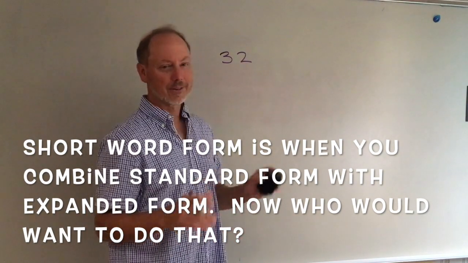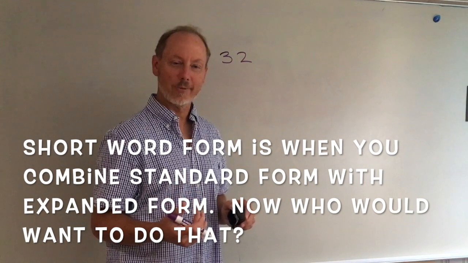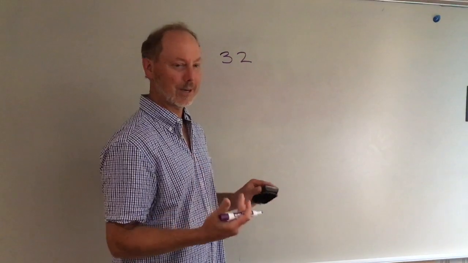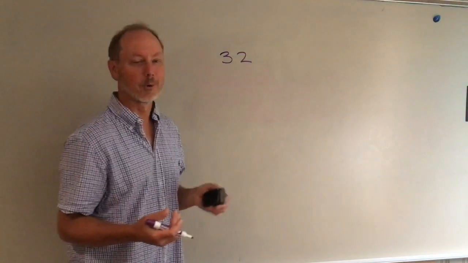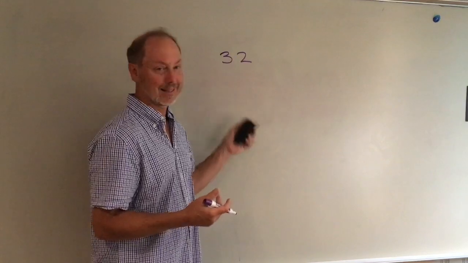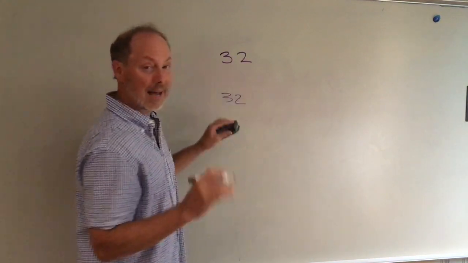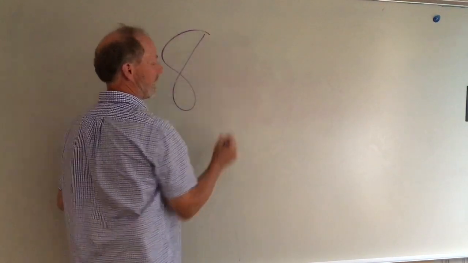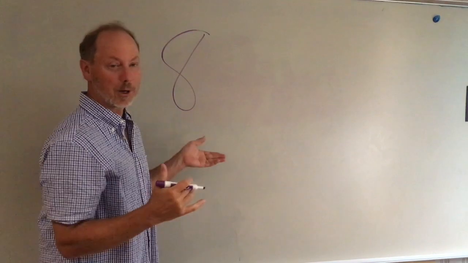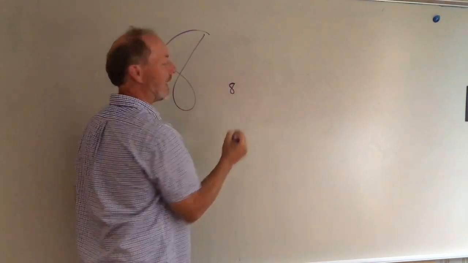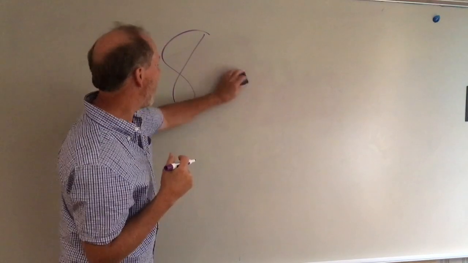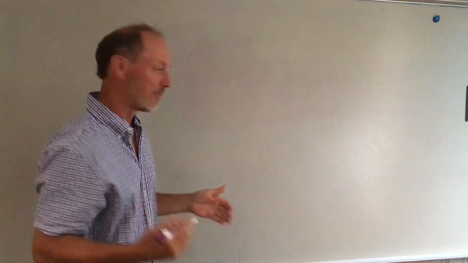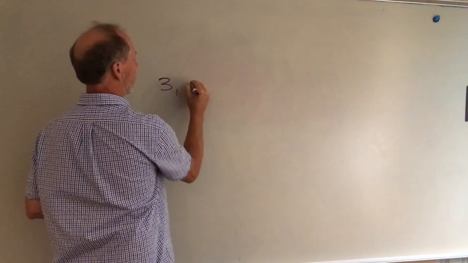So short word form is when you do expanded form and you write the numerals and then the period name. So short word form for 32 is written like that, 32. But if I had like a big number, like, I don't know, a really big number like that, then short word form for that would be 8. Or if I had a really kind of large number, it had a big value, like, I don't know, 6, 8,